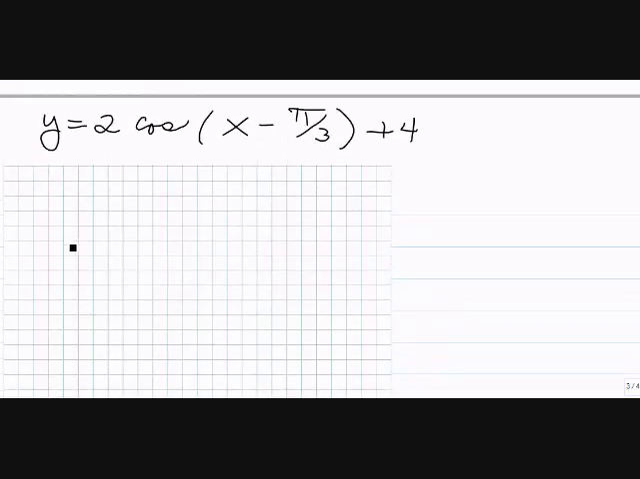All right. So first, let me just graph my cosine, but let me graph it with an amplitude of 2. An amplitude of 2 means my cosine is going to go between